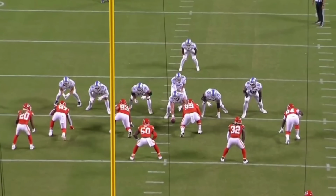Regular season football is finally here. Exciting stuff. Obviously, we're going to be talking Detroit Lions against the Kansas City Chiefs, and there were a lot of guys that really stepped up for the Lions in that critical, awesome week one victory for Detroit. But there's one guy in particular, rookie Sam LaPorta, the tight end, that really jumped off the page. This guy looks like an absolute beast for the Detroit Lions, and we're going to break down some film of